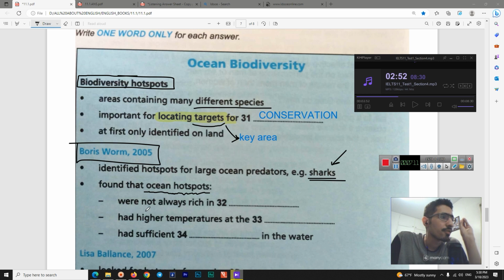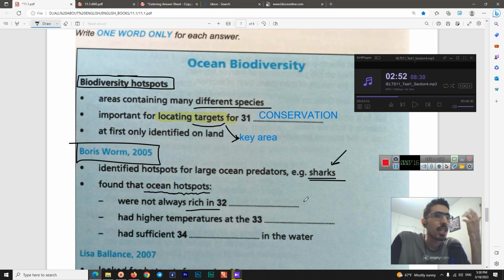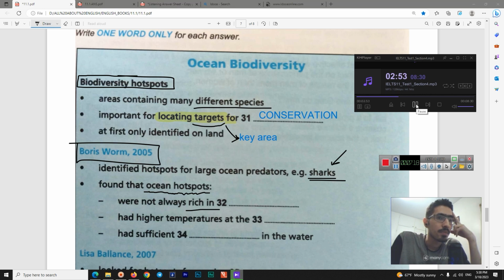Ocean hotspots were not always rich in something. Rich in what? This one was very hard actually, because he mentioned food before this area and didn't talk about rich in something, just said had. Listen. He'd expected to find was that they had very high